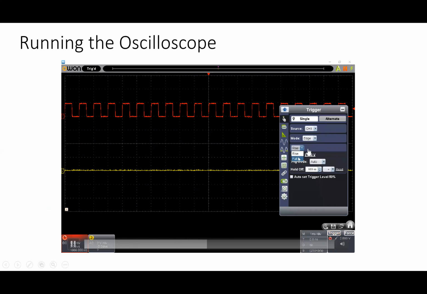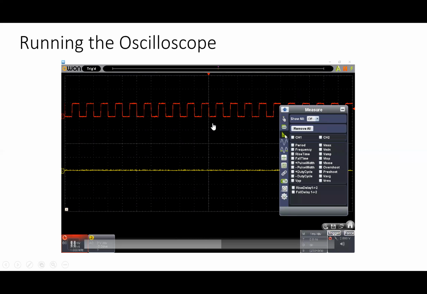And if you saw, I pressed on this voltage here, brought up a slider, and moved the triggering up to in the middle of the waveform. All right, let's just stop for a second. You probably noticed this was jumping around. The dashed red line was the trigger level. I moved it from 0 volts here up to in the middle of the waveform by operating the slider here that appeared when I clicked on the value of voltage for the trigger level. And I think I ended up with it at about 2.8 volts, which is in between 0 and 5 volts,